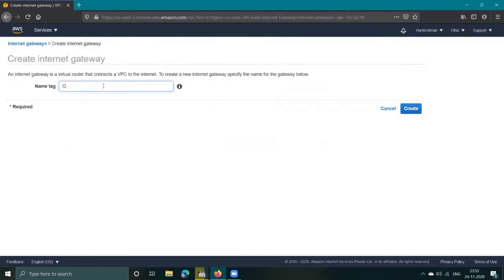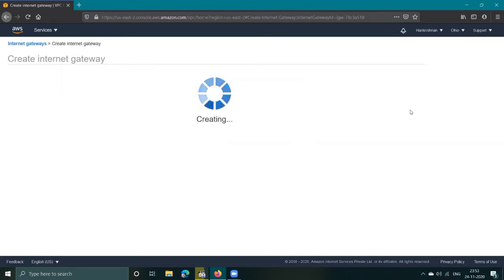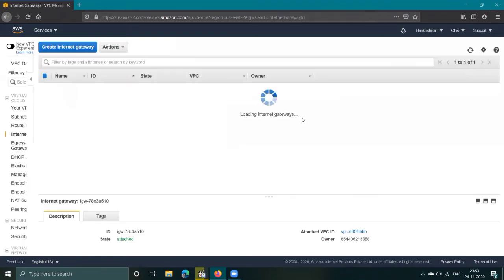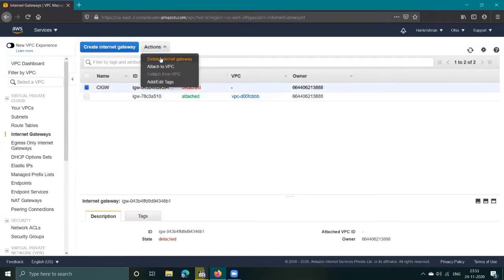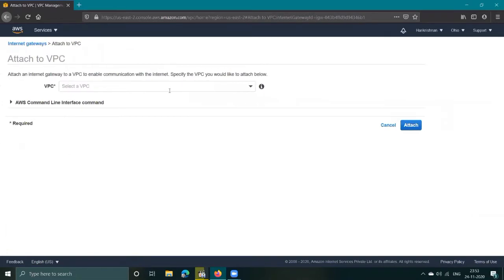Now go to internet gateway. Create one internet gateway that will be associated with our custom VPC. Name it CIGW, custom internet gateway. Create it. Close it. See, its state is detached.